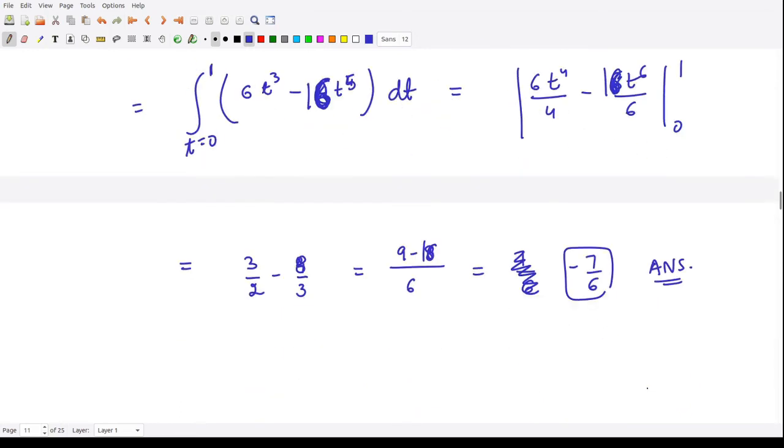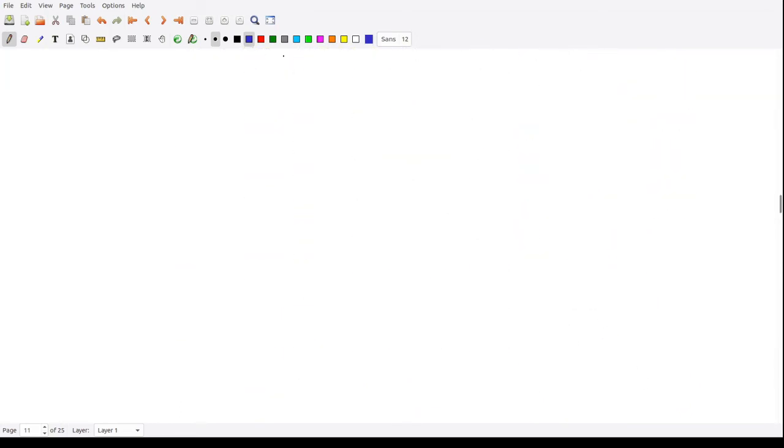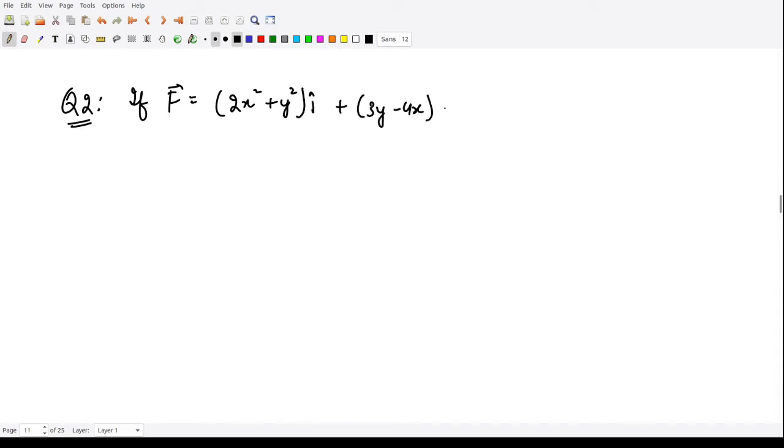Okay, so let us move on to our next question here. Question number 2. This states that if vector f is defined to be (2x square plus y square) i cap plus (3y minus 4x) j cap, so this vector is given to us, then you are asked to evaluate the integration over C of the vector f dot dr